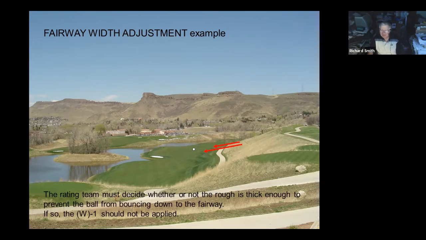So what the rating team has to do is take a good look at that rough over here. It might be that that rough is so thick that it'll just catch the ball and keep it rather than bounce it down. On the other hand, if it's sparse or if it's cut rough going a little further, that is